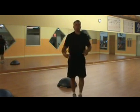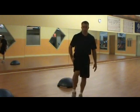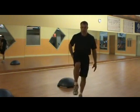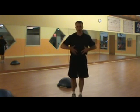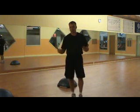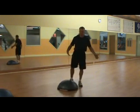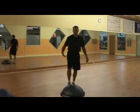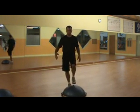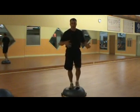Okay? Now, of course, we want to work both sides, because now that leg's got a lot of work. It's a great exercise for the quadricep and the hamstring, balance as well as working those abs. A lot of core stability going on. So now this can be taken a step further, incorporating a Bosu ball for one. Some modifications. Okay, we'll be using two, using separate ones, using a lateral bound hop from side to side, whether